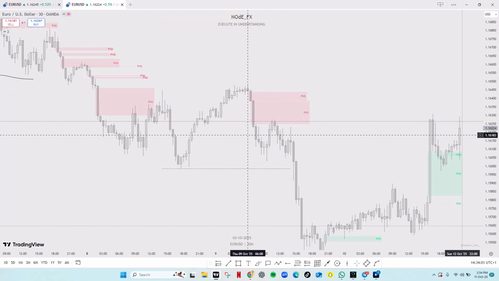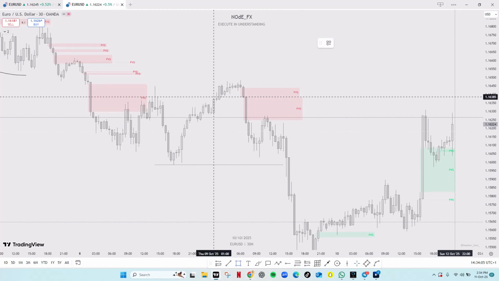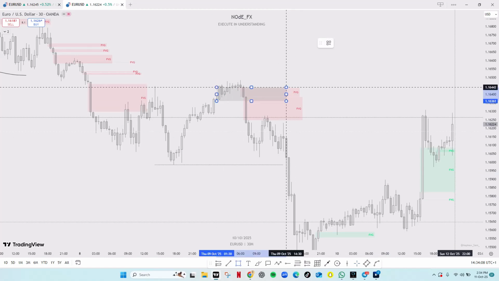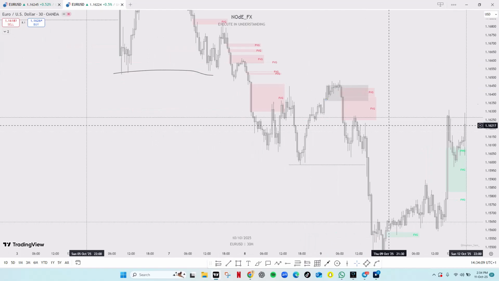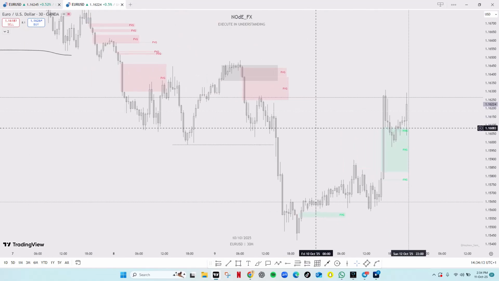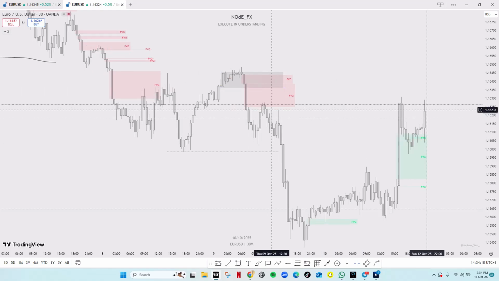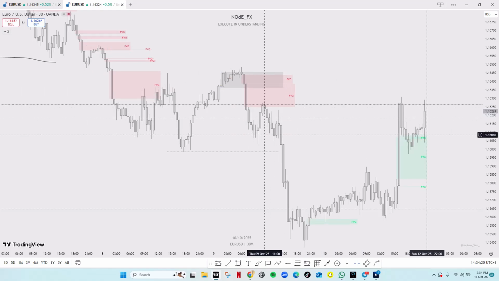Going down to 30 minutes, I don't really see any entry yet. The only entry I could see was the supply from this point, like this. And the way I was saying price, it wasn't showing the intent of having that much pullback before coming again. So when I saw price mitigate the fair value gap and it gave me this bearish candle here,